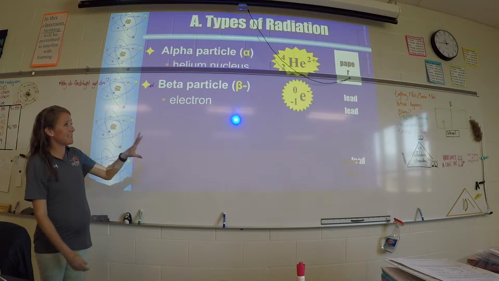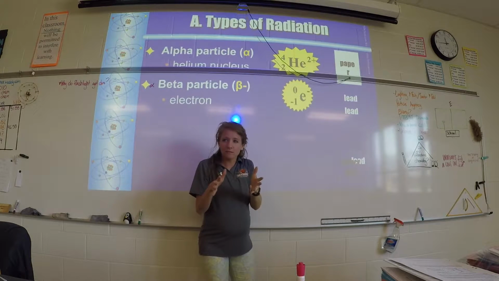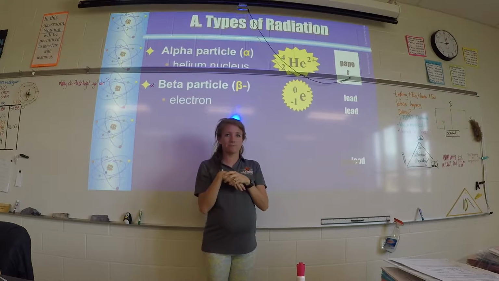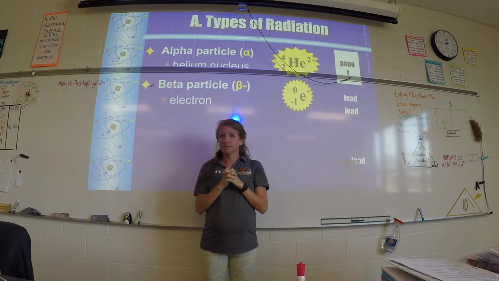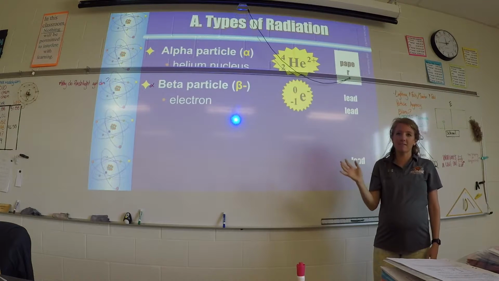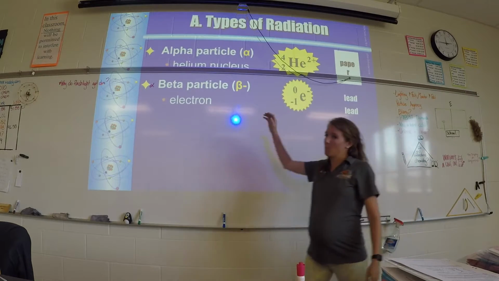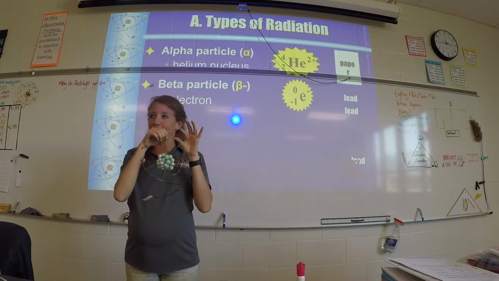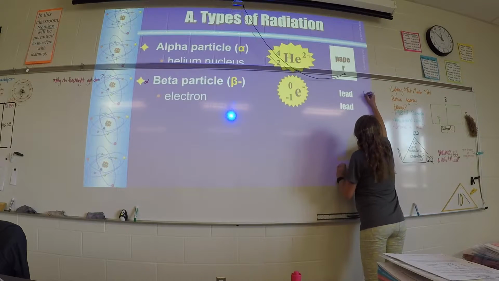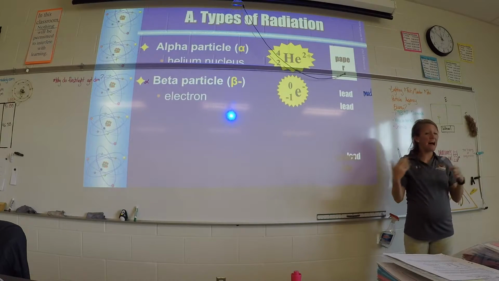With this symbol, what's the mass of an electron? 0. Is it really 0? No, it's like 0.004, so small that we call it 0. You can just put 0 in that box. What's the charge of an electron? -1. Okay, wait a second, didn't I just say that we're not talking about electrons? So it is an electron, but it's not an electron out here, it's an electron inside. With the beta particle, this is in the medium range of penetration. It's stronger than an alpha, but not our highest yet.